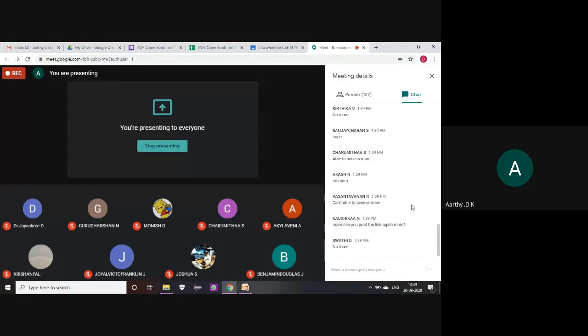That is the reason you are not able to access it. Always make your college mail ID the default mail ID wherever you are using it, whether it is your mobile or your laptop. Only then will you be able to access all the materials that are posted.